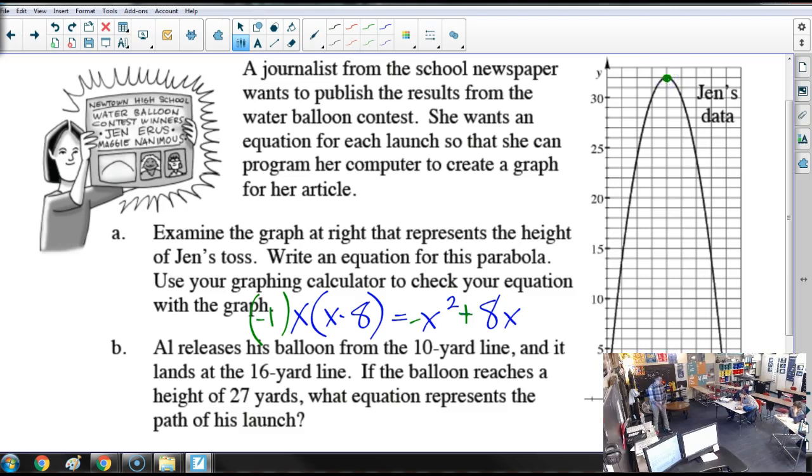What's 4 squared? 16. What's the opposite of that? Negative 16. Negative 16 plus 8 times 4, which is 32. That is 16. No, wait, negative 16 plus 8 times 4, which is 32. So that's 16. So wouldn't it be... we try negative 2? So negative 2 makes this negative 2x squared plus 16x.